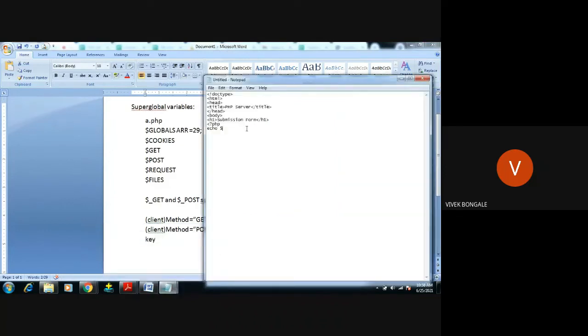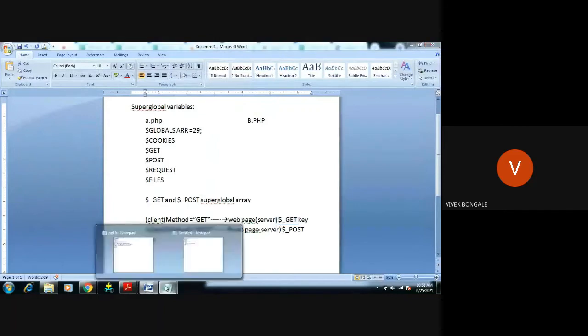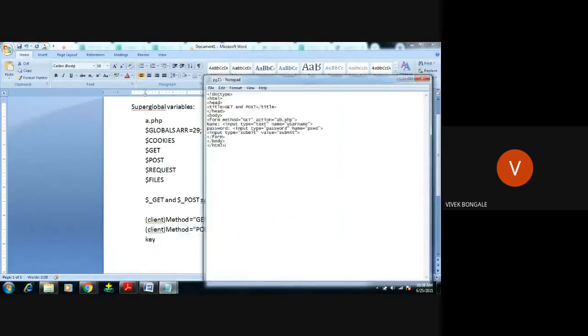So what I will do, I will use $_GET, right? Then how are we going to access that value? By using what? By using this name. By using this name, we're going to access that value. Here, what did I give there? I gave username,